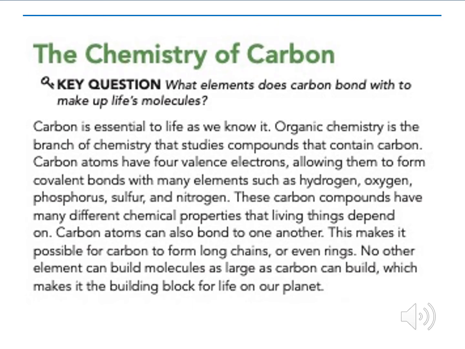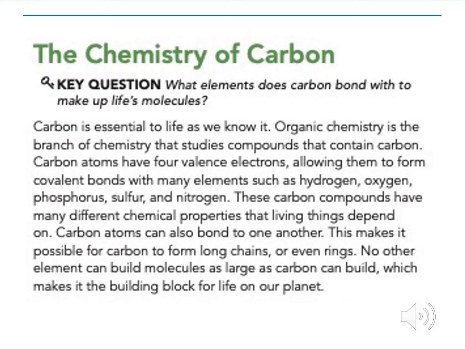Carbon is essential to life as we know it. Organic chemistry is the branch of chemistry that studies compounds that contain carbon. Carbon atoms have 4 valence electrons, allowing them to form covalent bonds with many elements such as hydrogen, oxygen, phosphorus, sulfur, and nitrogen. These carbon compounds have many different chemical properties that living things depend on. Carbon atoms can also bond to one another. This makes it possible for carbon to form long chains or even rings. No other element can build molecules as large as carbon can build, which makes it the building block for life